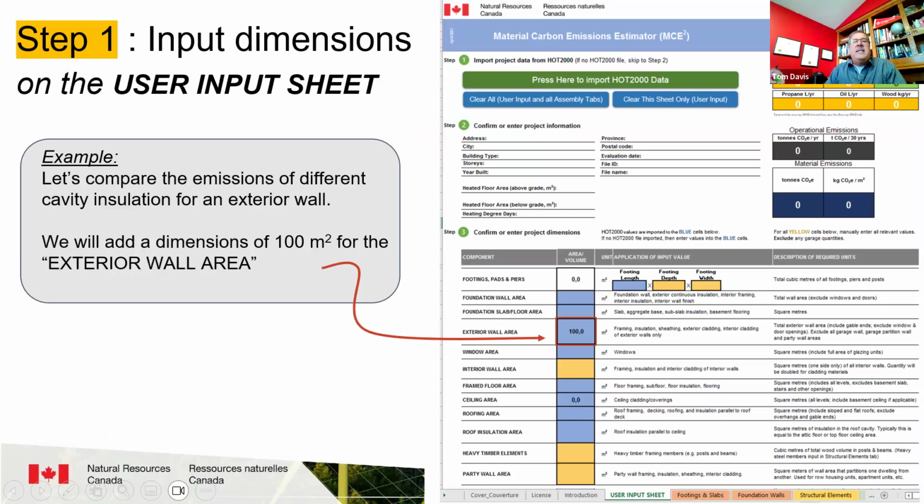Our first exploration of MCE squared will be to perform a simple material comparison. This is one way of using MCE squared and requires the least amount of input from the user. For example, we'll compare the MCE of different types and brands of wall cavity insulation for exterior walls. As you recall, MCE squared operates by multiplying the material quantity by the global warming potential factor from the EPD,